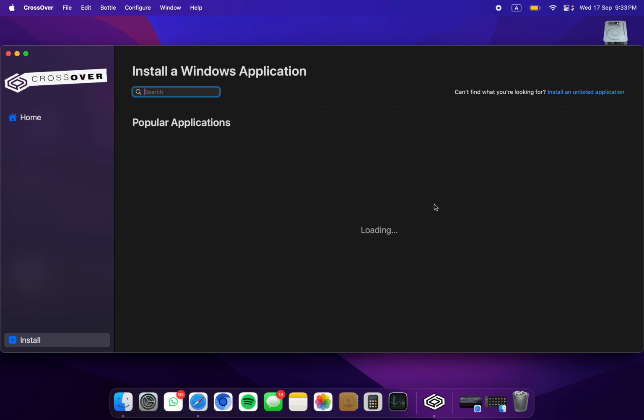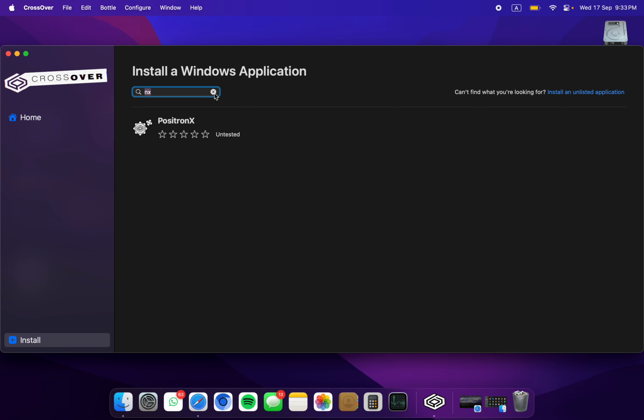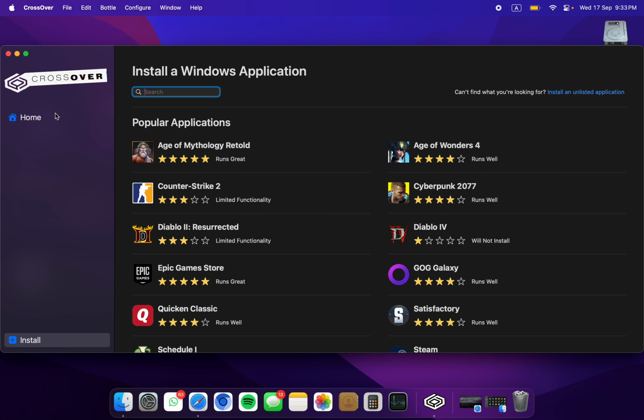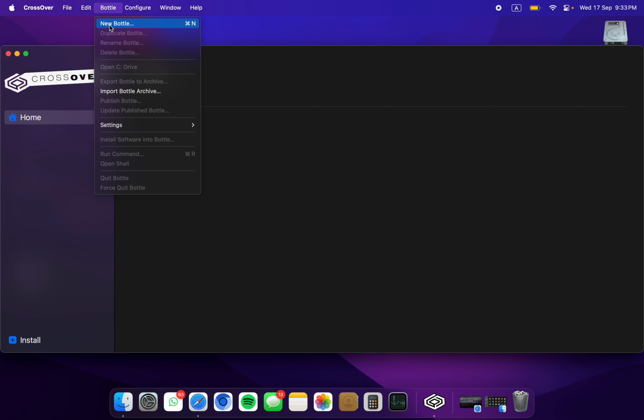So now you have to hit try now, and this is where the app opens in the first place, and you can see install Windows application. These are all just games for now, but obviously NX is not over here, or any other app which you need, and we can fix that as well. So right now after opening CrossOver, you can see Bottle on the top left over here. Here you have to click new bottle,